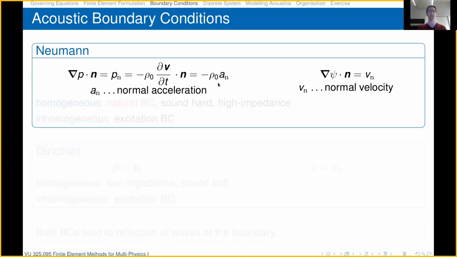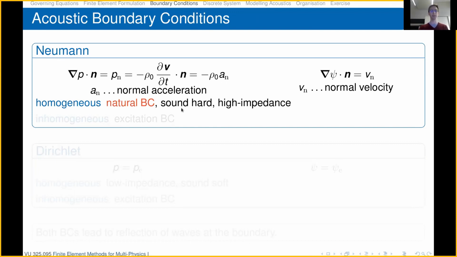In the case of the potential formulation, this is easier, since we know that the gradient of the acoustic potential is actually the velocity, and in n means the normal velocity. So in the case of the potential formulation, the inhomogeneous Neumann boundary condition prescribes a normal velocity of the boundary, whereas in the pressure formulation, it describes a normal acceleration. The homogeneous case means